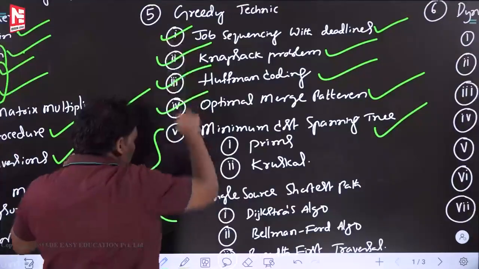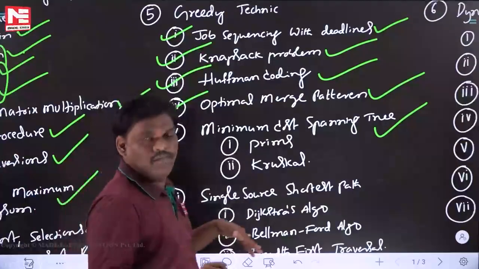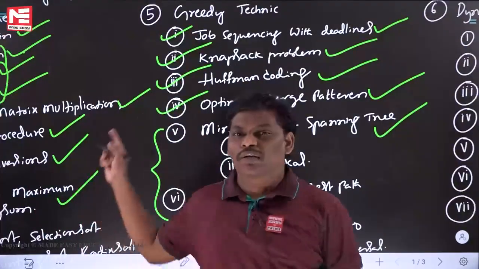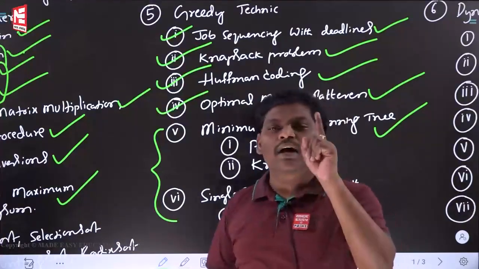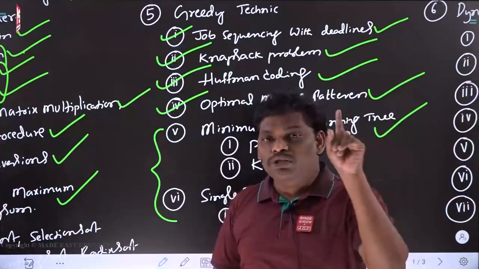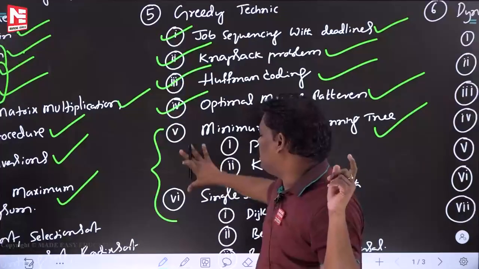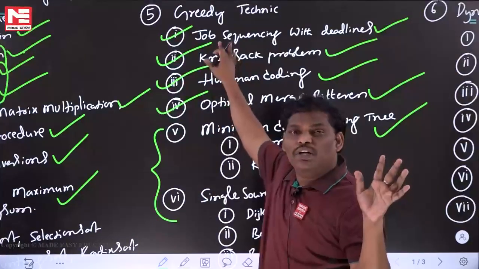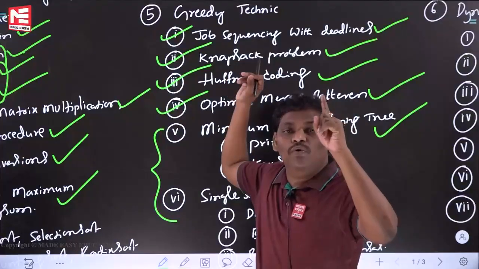The best thing is to read all of them once; they are very easy. In the total greedy chapter, whatever applications I have written, read all of them one time. Most importantly, these 2, the 5th one and 6th one. These are also required, and they are very easy also. Please go through them one time.